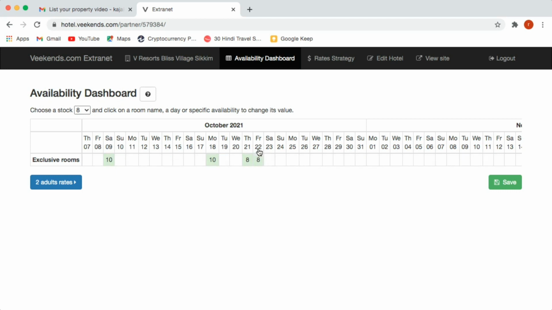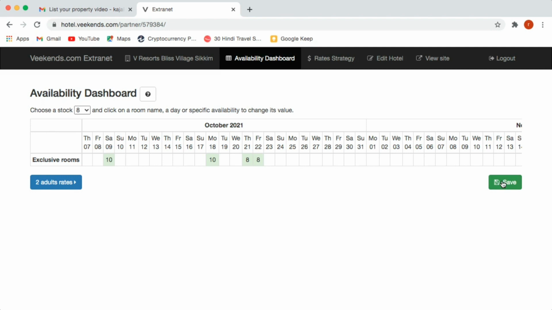If you do, the number you choose from the drop down, say 10, will show all through the year and not just the dates you want. So be very specific when you click the boxes. Do it one by one. Once done, save the page.